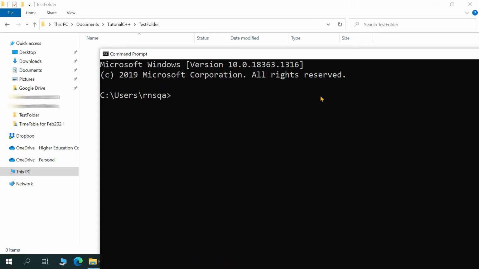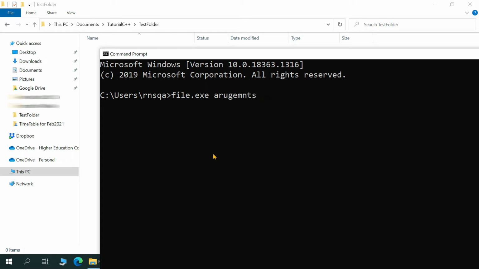In this tutorial, we are going to discuss the command line argument through the command prompt window. This means that we will actually execute our compiled program or file here in the command prompt window. For example, if we have a file.exe, a compiled file,